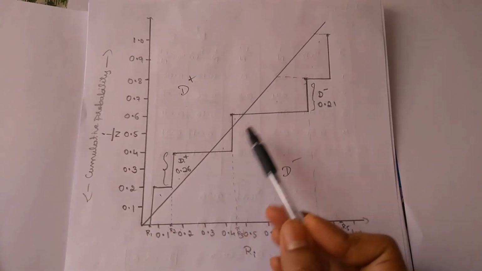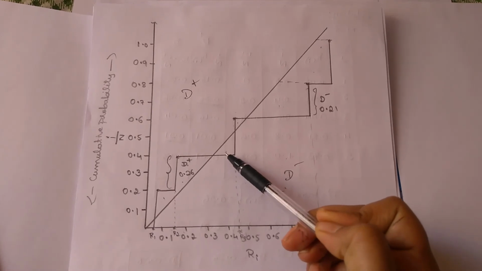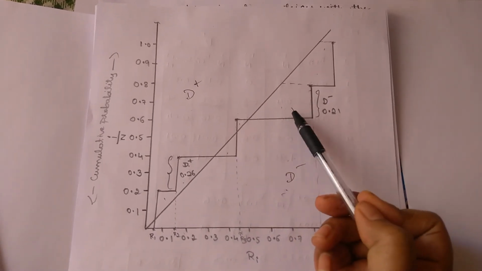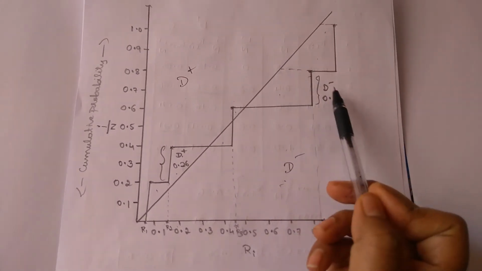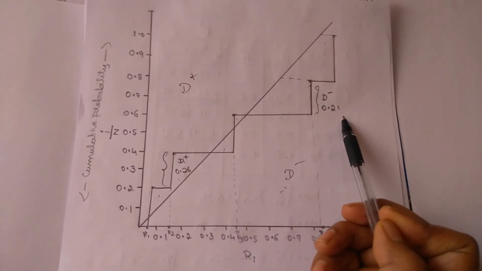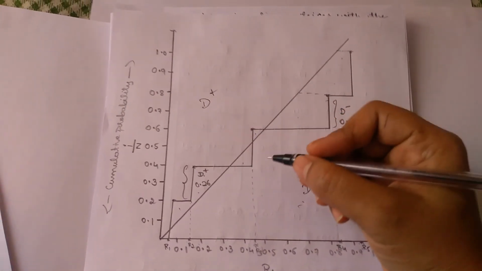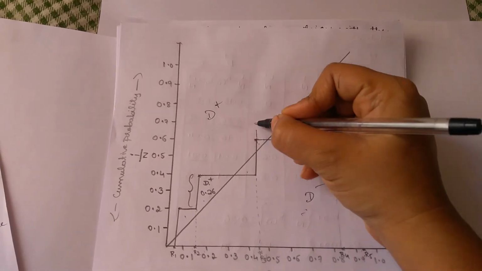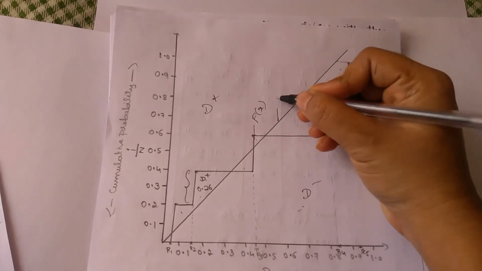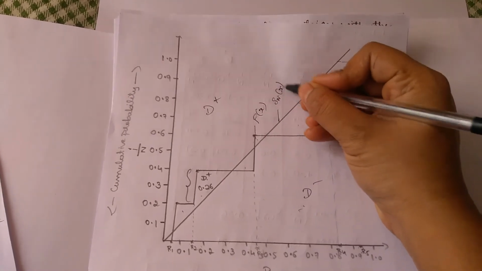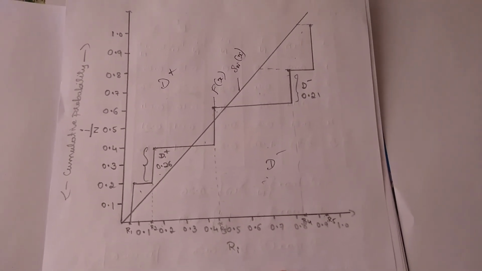Here also three areas are exposed in D minus, but among these three, this is the maximum exposed area, so I'll consider this as D minus, that is 0.21. Okay, and this one I'll consider as f of x, and this line we have, this one I'll consider as Sn of x. This is your graph, and this is your complete